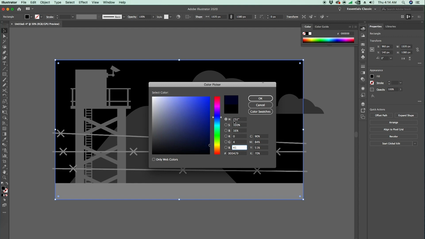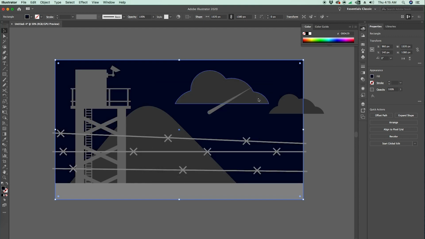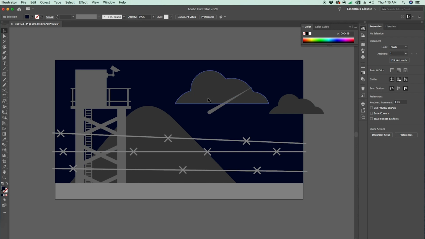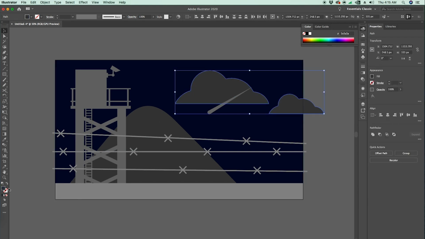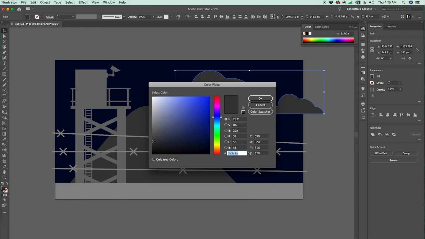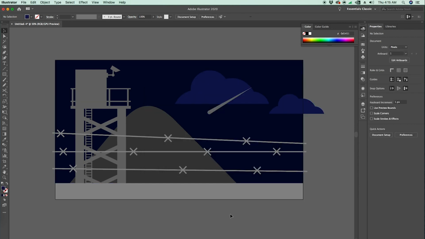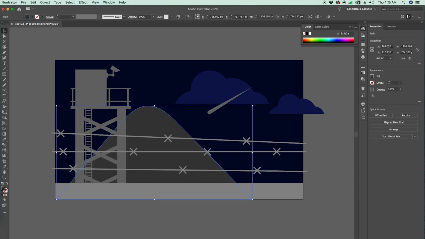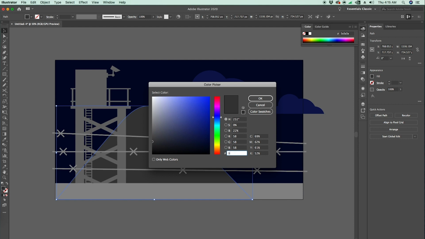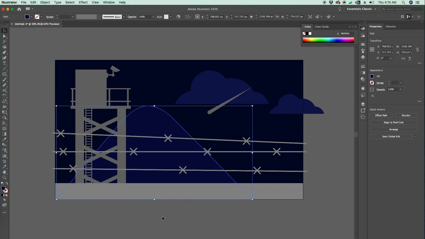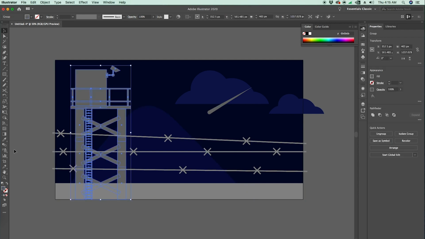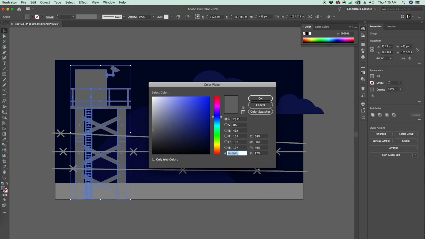So this is a deep purple color, I think deep blue color. So that becomes a background, and then we'll click on both the clouds and double click this again, and we'll put in the value 0D1451 and click OK. And now we have these clouds, and we'll click on the mountain next, and we will give it a color of 060940. Click OK, and we'll go to the watchtower and we'll give it a color of